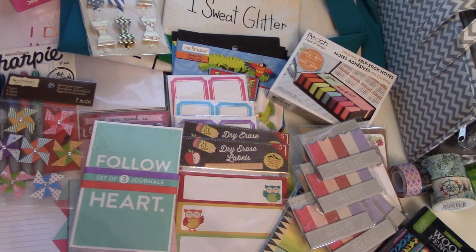I have a pretty big collective haul here. Over the last few weeks, I've been starting my journey of collecting different supplies, and I'll find really great deals. I'm going to do a separate video because I actually found and slaughtered the 50-cent aisle at Michael's. And so I'm going to do a separate video of finds that I've been able to find this time of